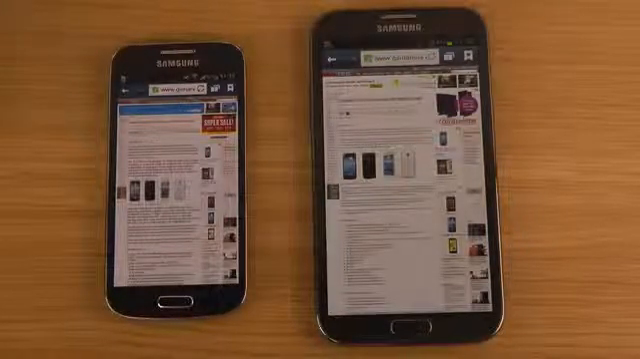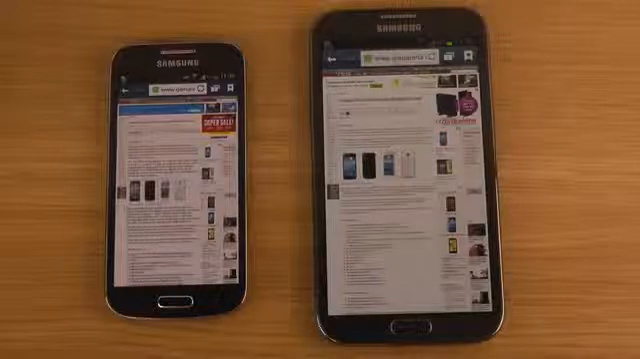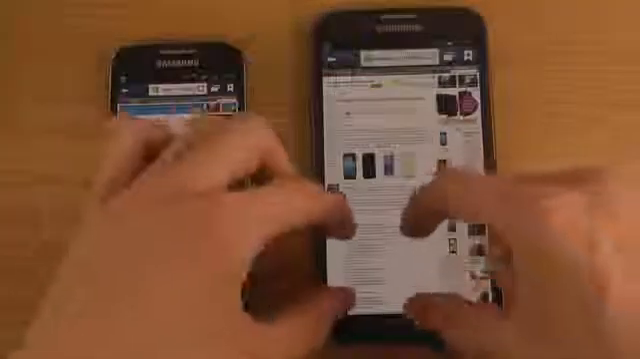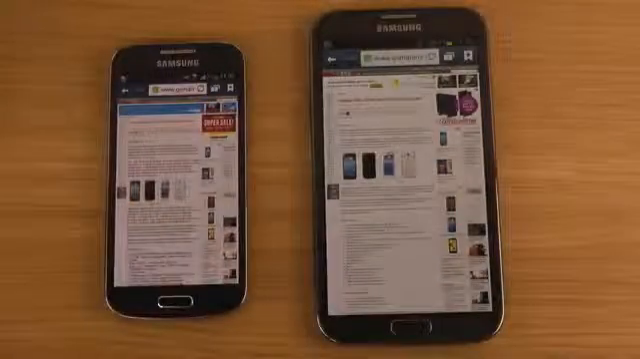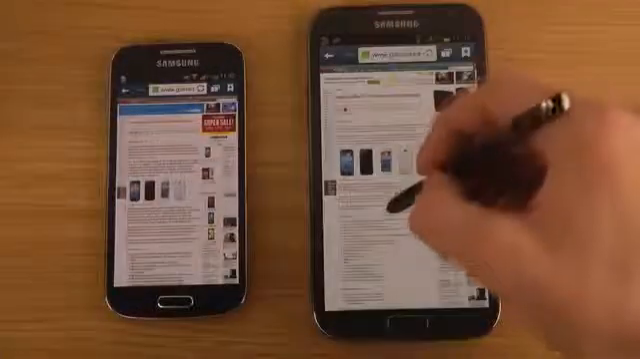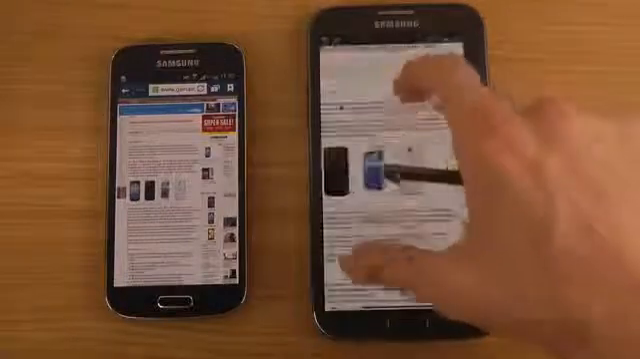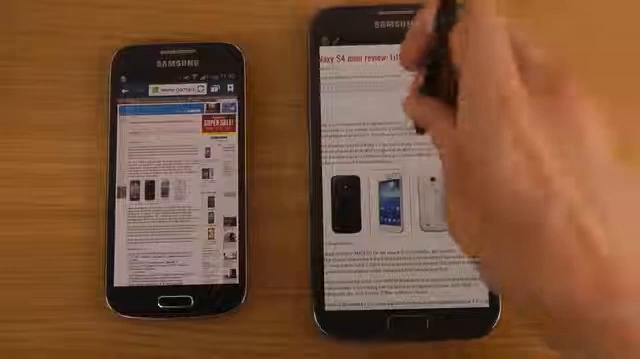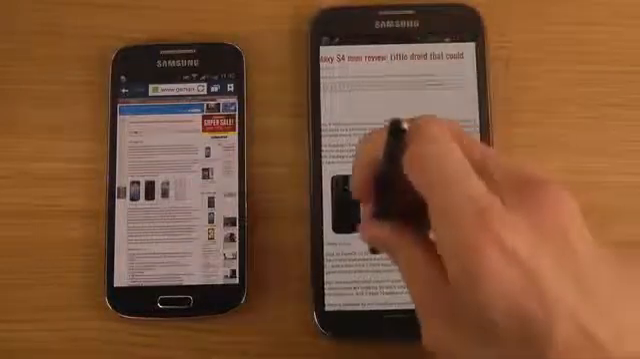and we're currently waiting for the next generation Note, coming out hopefully in early September at the IFA event in Berlin. So you can see here that you get a bunch more text at the bottom, and then of course we do have the S Pen. I never actually use it that much inside of the browser, but you can use it, and if you want to take a picture of something or anything,